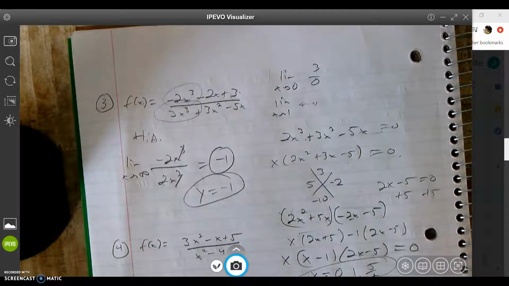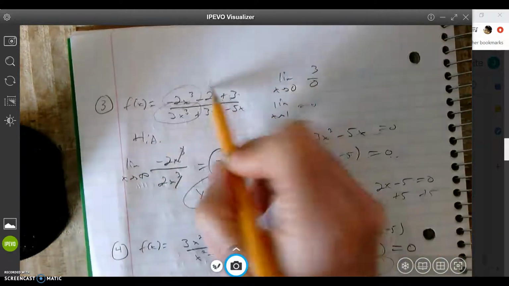2.5 squared. I'm using my calculator over here off to the side. Yeah, I'm cheating a little bit. Sorry, 2.5 to the third power. 2.5 to the third power times negative 2 minus 2 times 2.5 plus 3 also doesn't equal